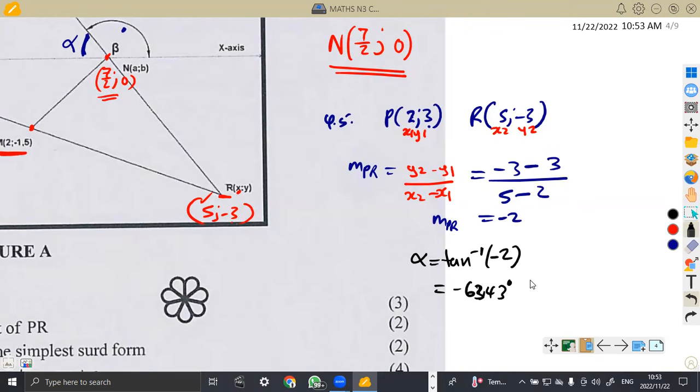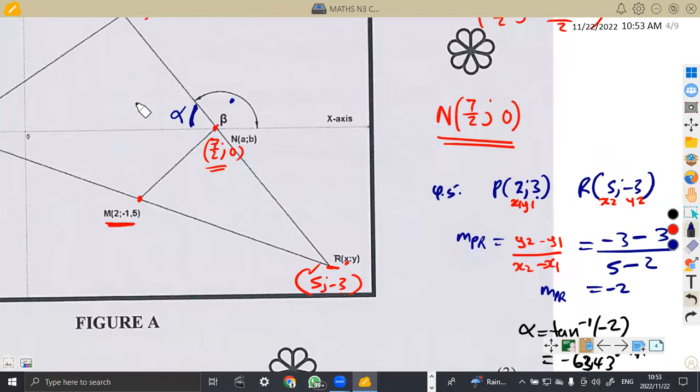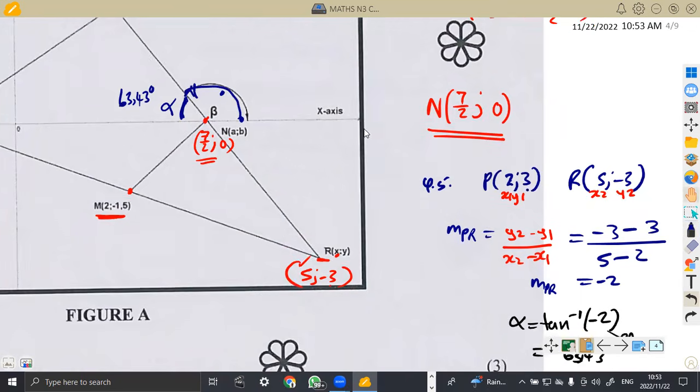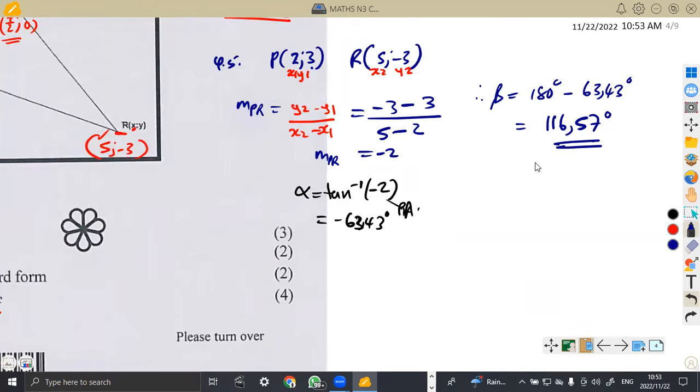This angle that we see is the acute angle, which is like a reference angle. We need the angle beta, this other angle. So we just calculated alpha, this one, which is 63.43. To find beta, we subtract from 180. Remember, angles on a straight line add up to 180 degrees. So our beta is going to be 180 degrees minus 63.43 degrees, which gives something like 116.57 degrees. So that was the angle beta